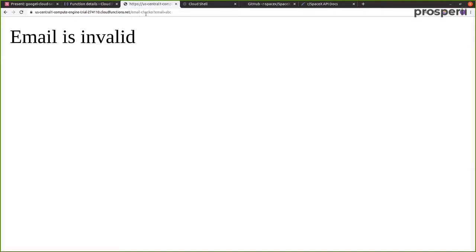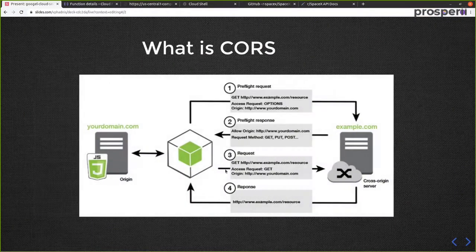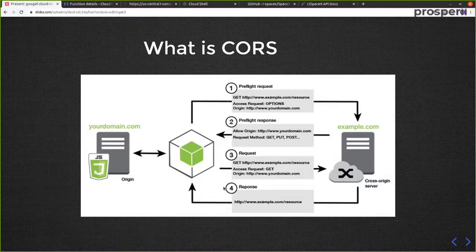And right now, as you can see, we are the user and we are directly making a request to this particular function. In this case, we are not talking to a middleman in between, but essentially directly talking to this cloud function. So over here, CORS is not at all an issue. But now let's create this particular middleman.